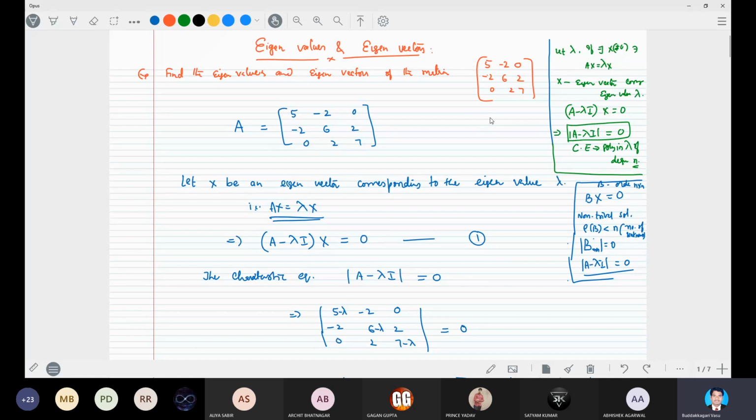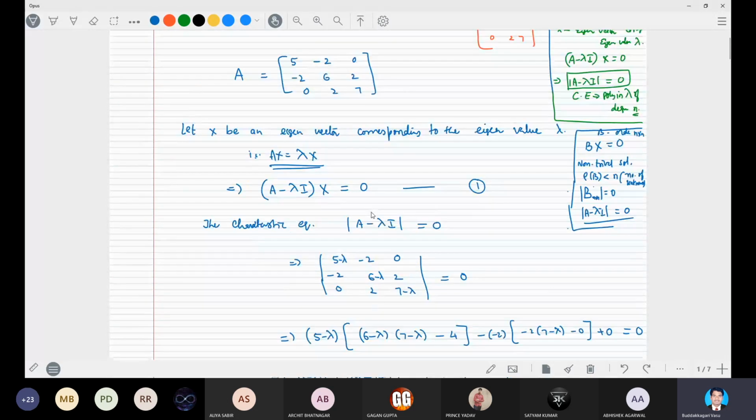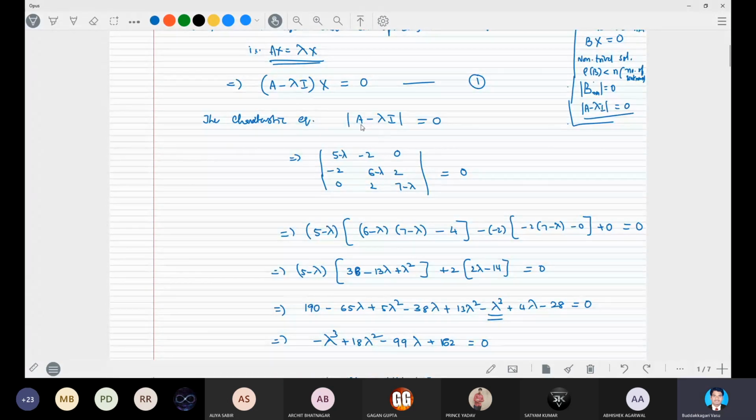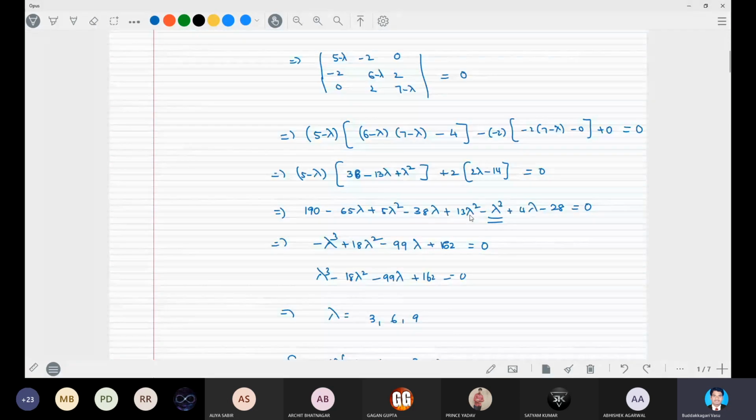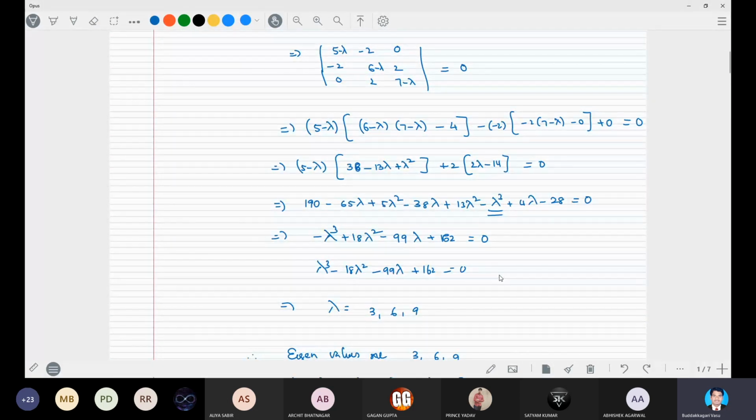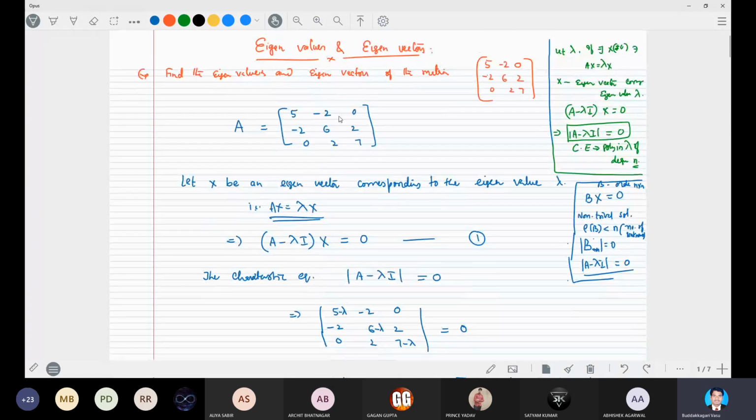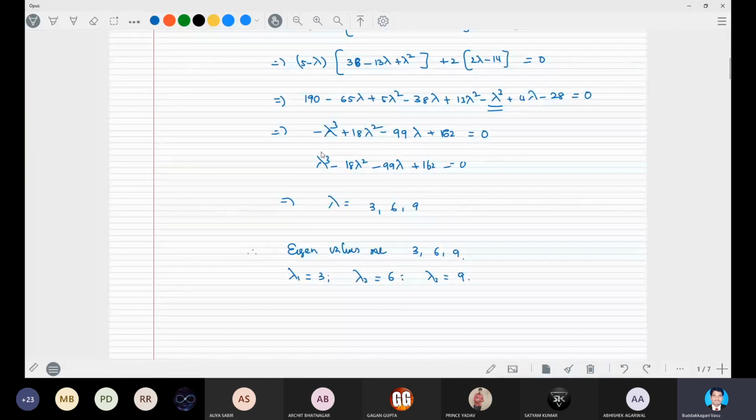So for finding the eigenvalue and eigenvector, let x be the eigenvector corresponding to the eigenvalue lambda; it satisfies the equation (A minus lambda I) x is equal to 0. The characteristic equation results: the determinant of A minus lambda I is equal to 0. Finding this determinant results in a polynomial in lambda of degree n. If the given matrix is a square matrix of order 3, then the resultant characteristic equation is of order 3 in lambda. This is called the characteristic equation, and its roots are